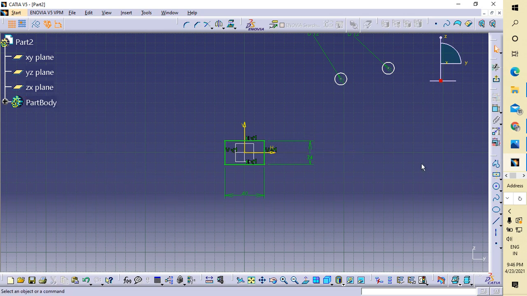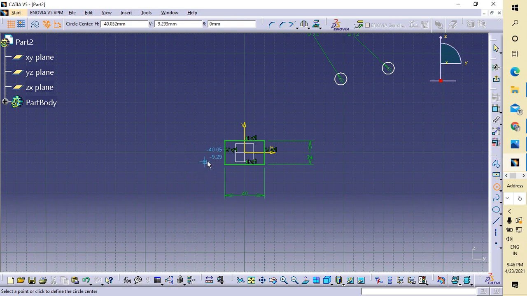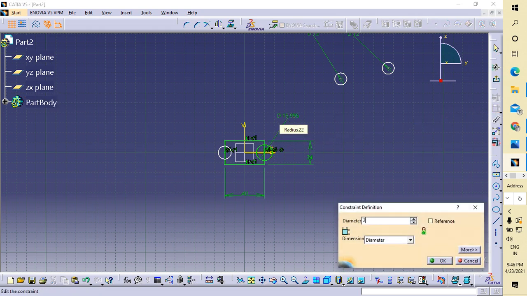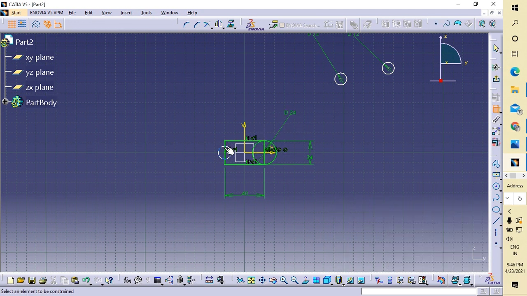This is the hard, difficult way. First of all, select this circle and just go here. This dot means it is the midpoint, so click here and draw a circle. Again it's showing this means it's a midpoint, so I will draw. Now double click on it and give the dimension of 24. It will coincide, just give the 24. Okay, no problem, this is an easy way. Sorry for that way.